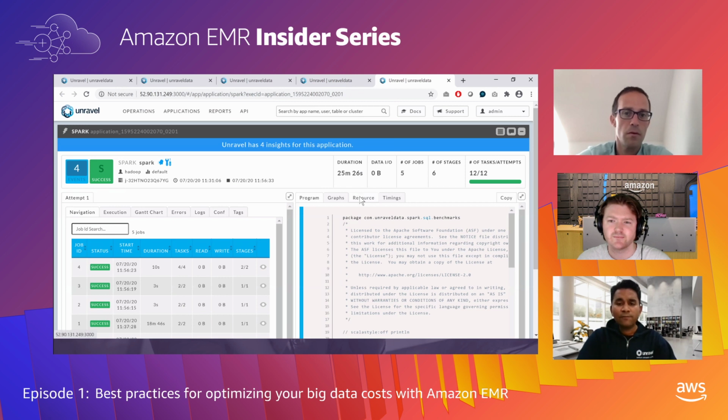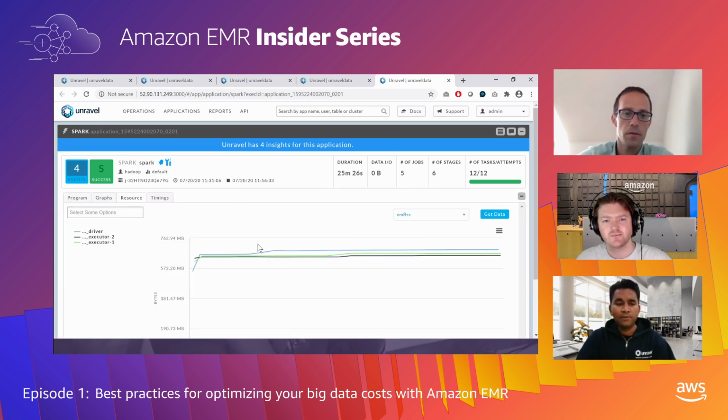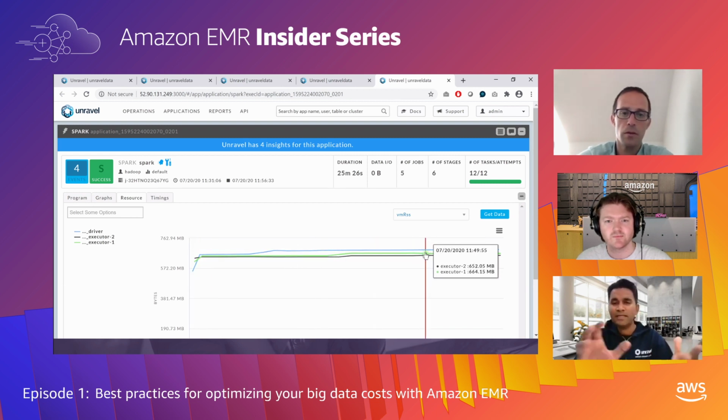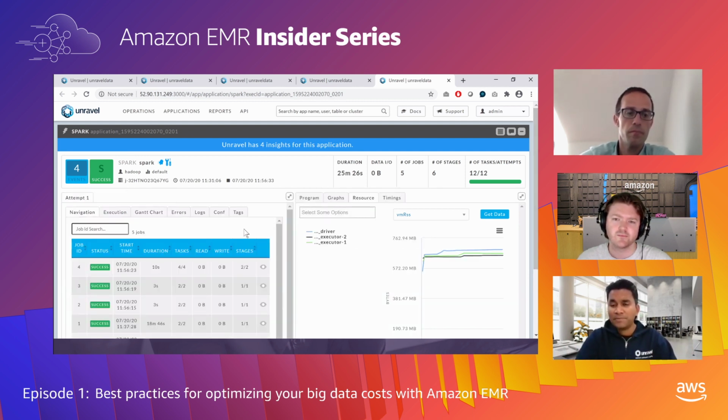So it has all this information that it's going in and drilling in on. Like, for example, looking at memory out here, I'm never using more than 800 MB on a particular phase of my execution. So why am I spending all that money when I could be running it with the same performance, for example, with just different instance types in this case, or just using fewer instances in other cases, or using Spot in another case, right?